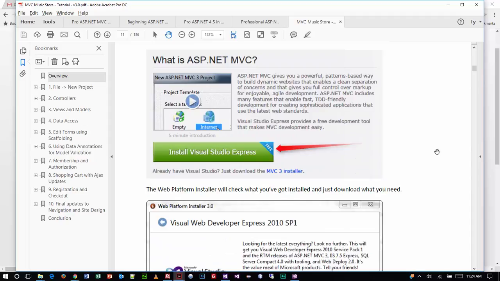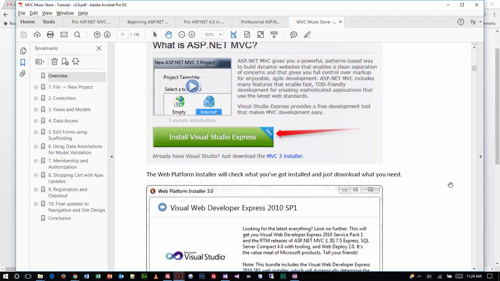All right, so I'm going to save you the speech on what is MVC, because we just kind of did that before. But it's kind of interesting to read their description. It says it gives you a powerful patterns-based way to build dynamic websites that enable clean separation of concerns, that gives you full control over markup for enjoyable, agile development. Includes many features that enable fast,